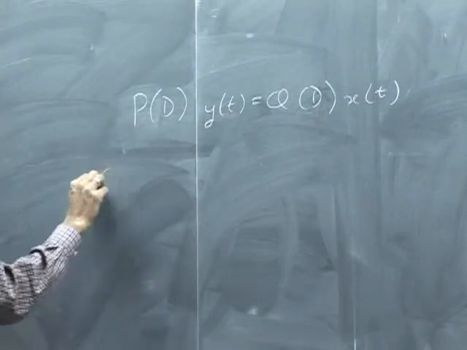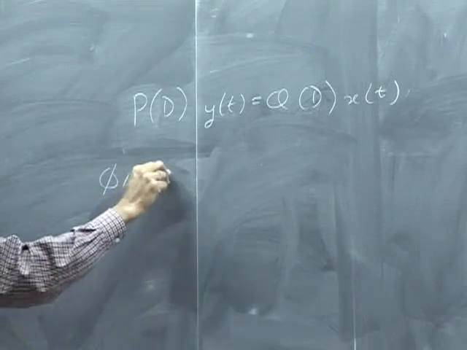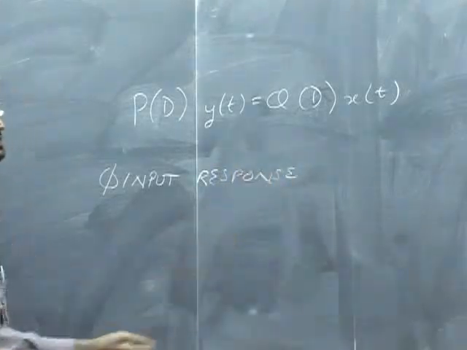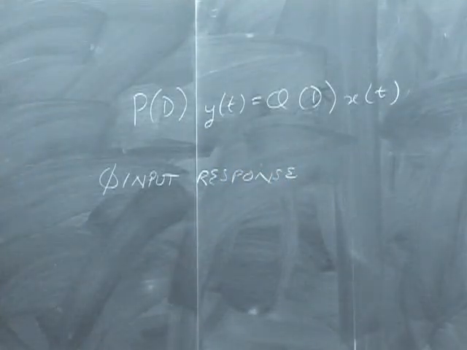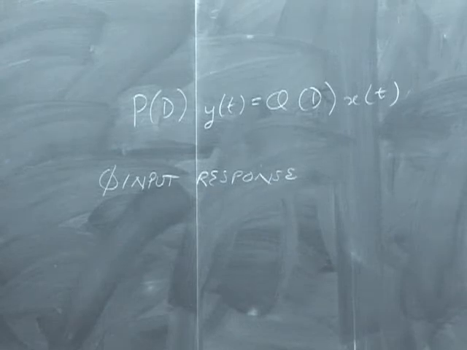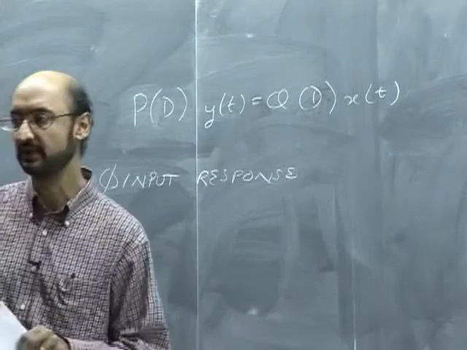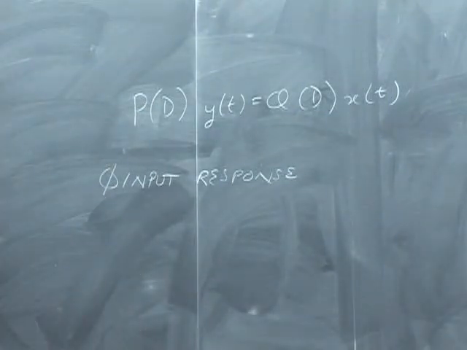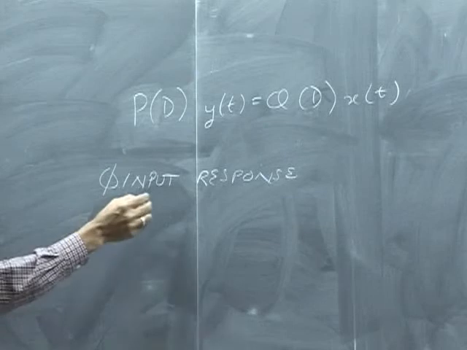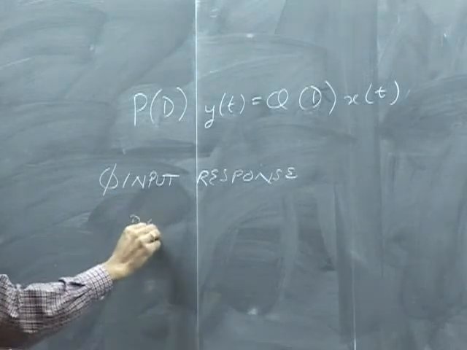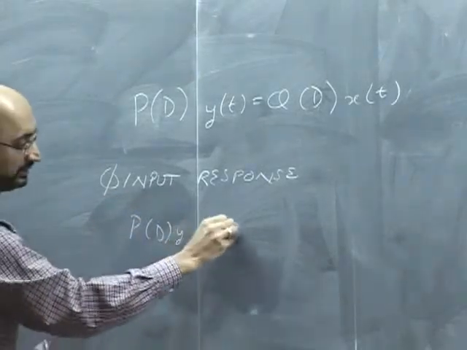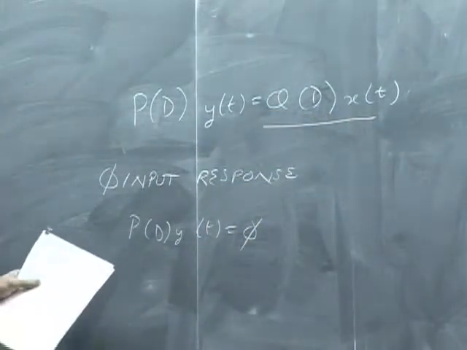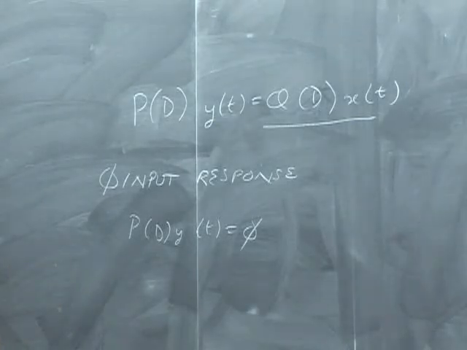To find the zero input response, and by zero input we actually mean that it's zero other than at the point zero itself. So after time zero there is no input, but at time zero we could have an impulse, and in fact we will have an impulse for there to be any response at all. And so this zero input response is given by setting P(D) y(t) equals 0, because the input is over here and that's 0. At that point, what we can do is factorize this,